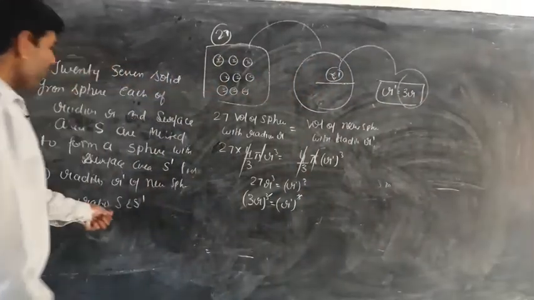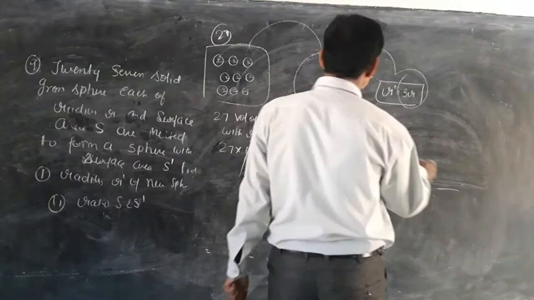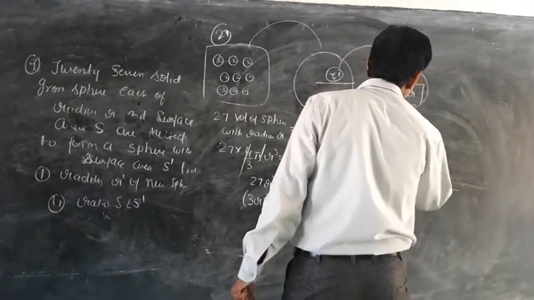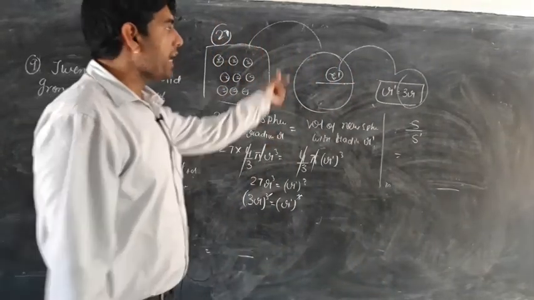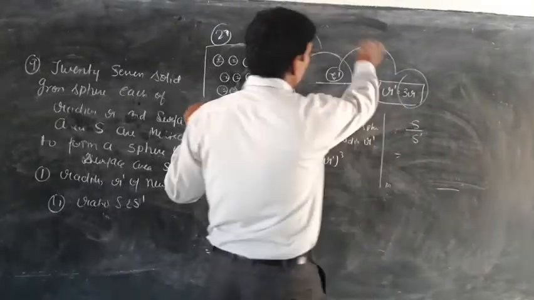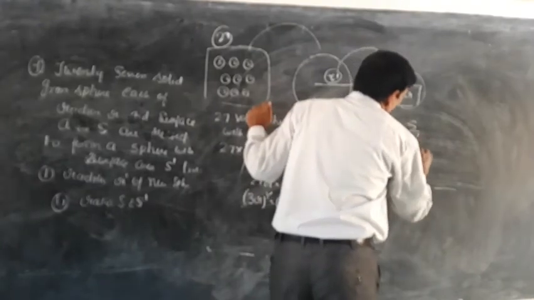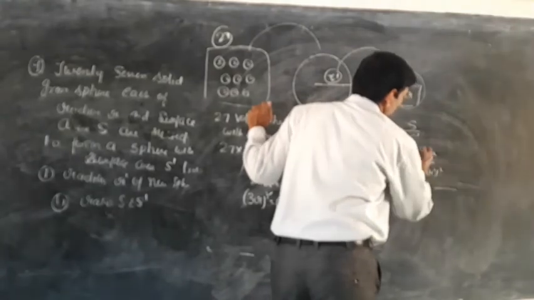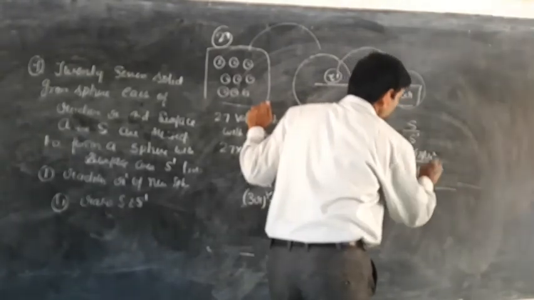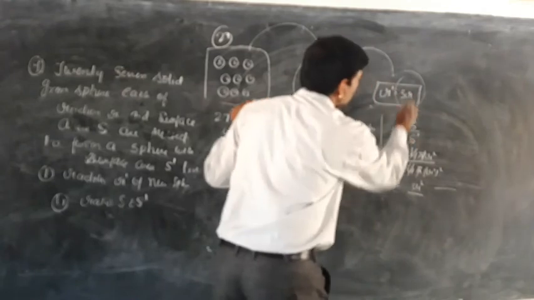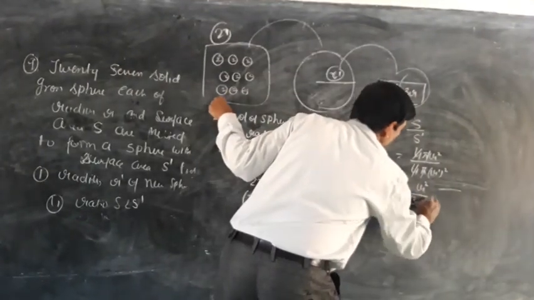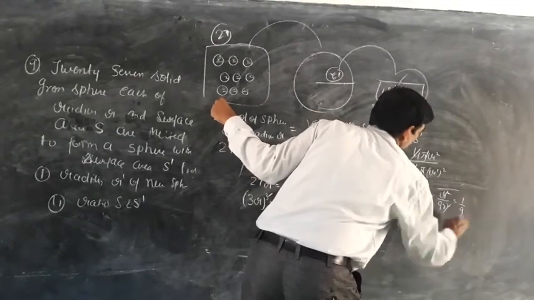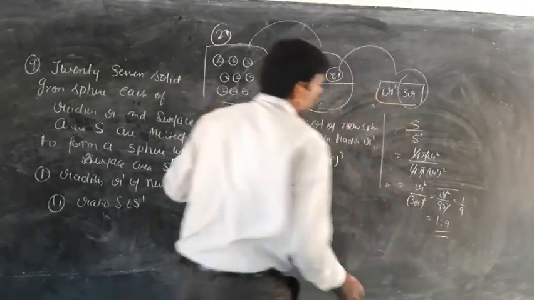Second, we find the ratio of s and s dash. S is the surface area of a small sphere and s dash is the surface area of the new sphere, that is 4 pi r square upon 4 pi r dash square. Cancel 4 pi on both. R dash is 3r, so 3r square is 9r square. That is r square upon 9r square, which is 1 upon 9, that is 1:9.